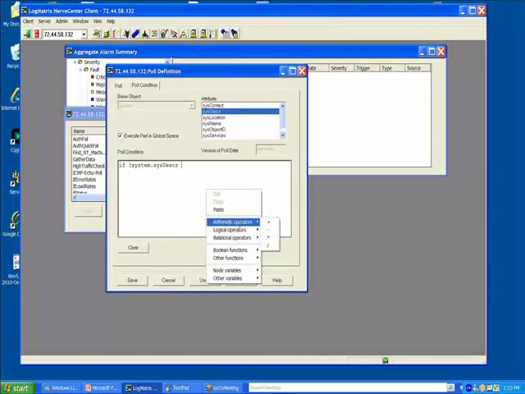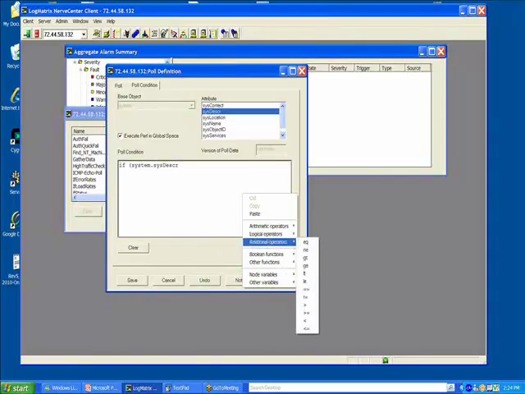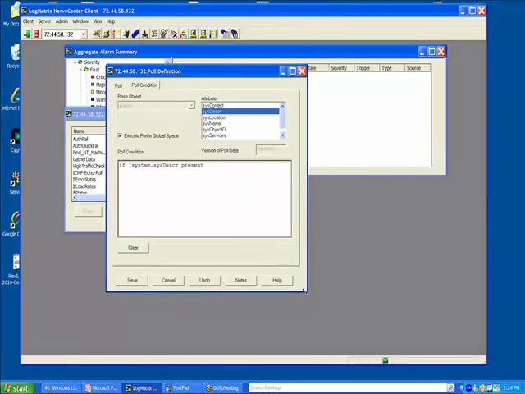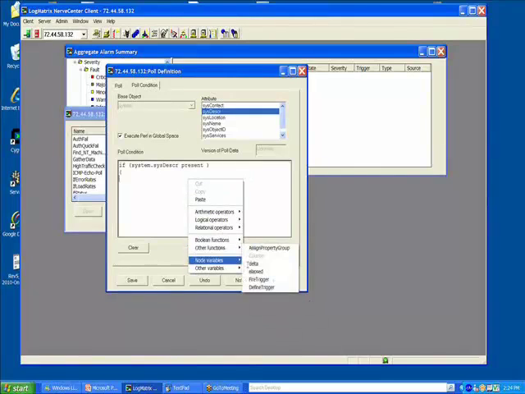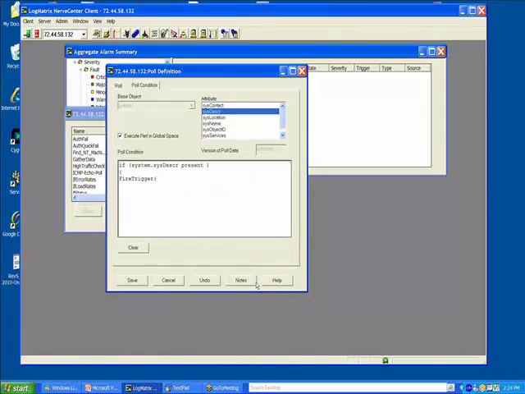So, if I'm going to do relational, did you guys see present here? Right there. If the system description is present, that's all I care about. I don't care what it is as long as there is a value returned to me. If system.sysDescription is present, bracket, enter, squiggle, enter, right-click, other functions, fire trigger. The name of the trigger will be, quote,